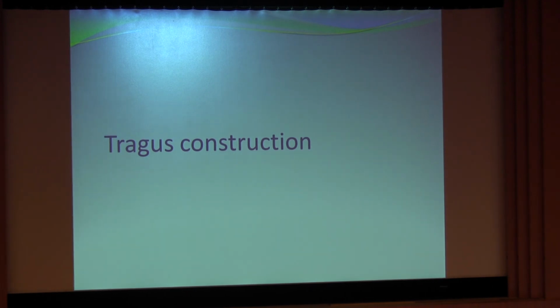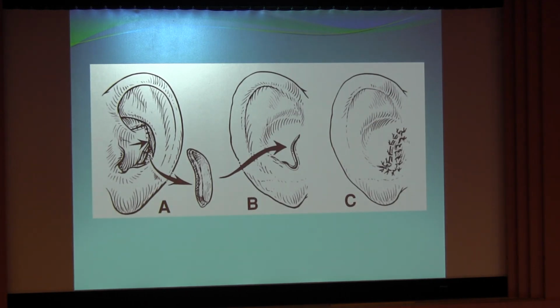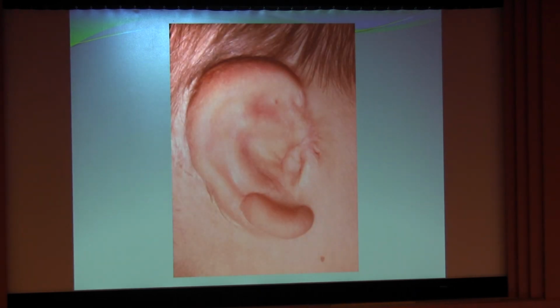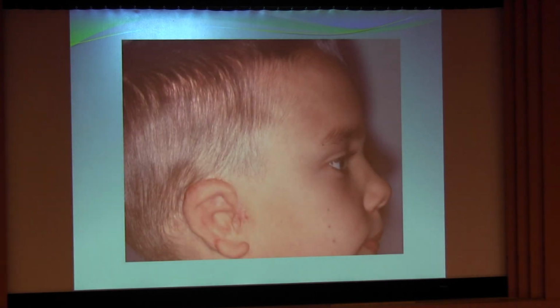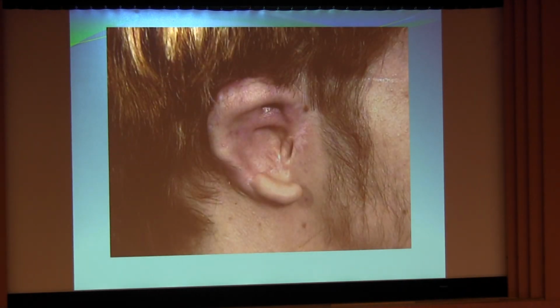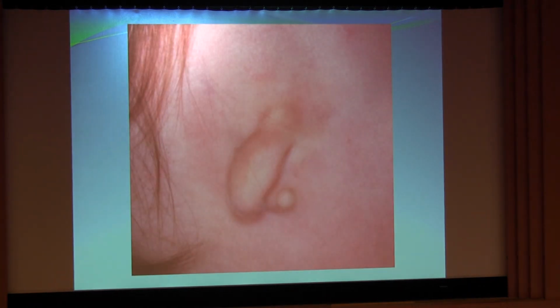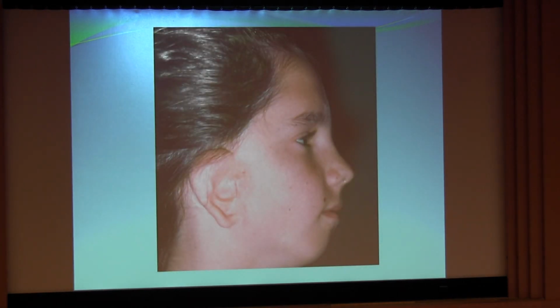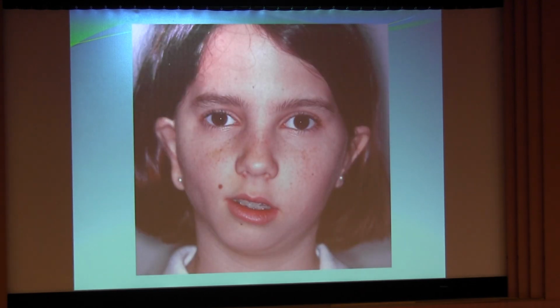Tragus reconstruction: the cartilage and skin can be taken from the opposite ear, which gives you a plus because you can set the opposite ear back. And here's a completed tragus and a 20-year follow-up. Another patient with a reconstruction and